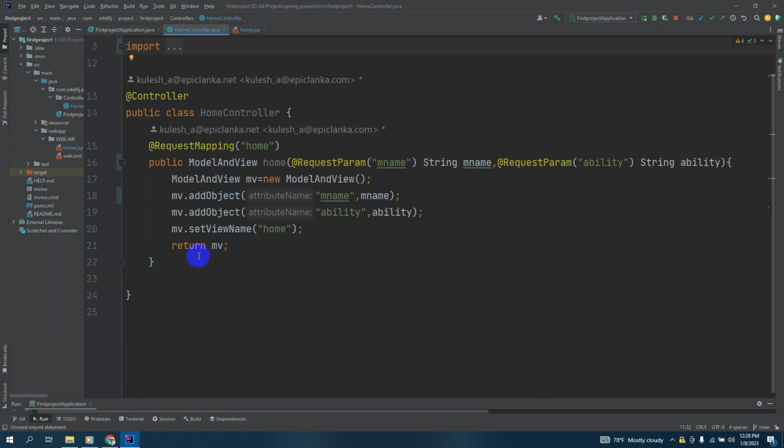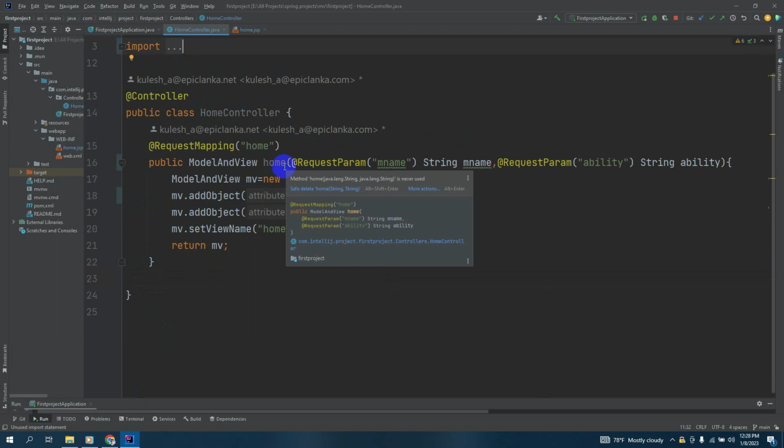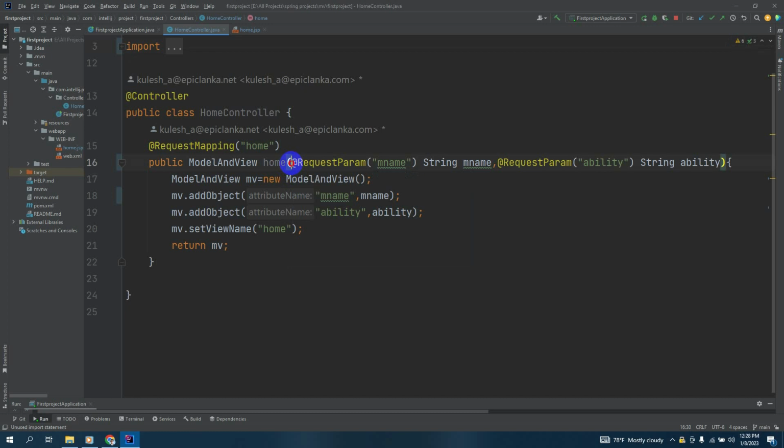Today I'll be going to another approach, a much easier way to do this. What if we can use an object instead of all these request params? We can't use many request params, right guys? What if we can use an object for this? For that, now here